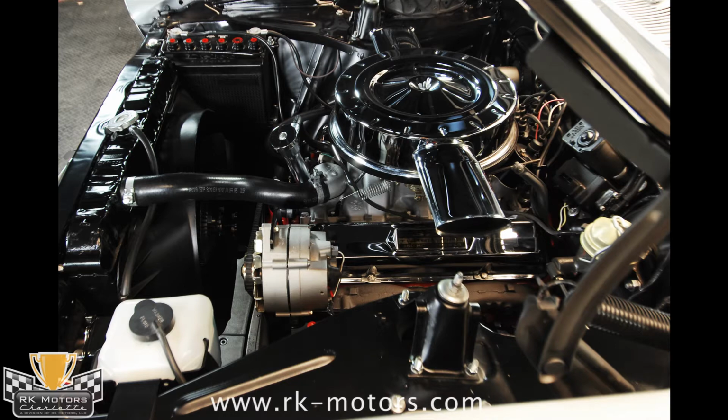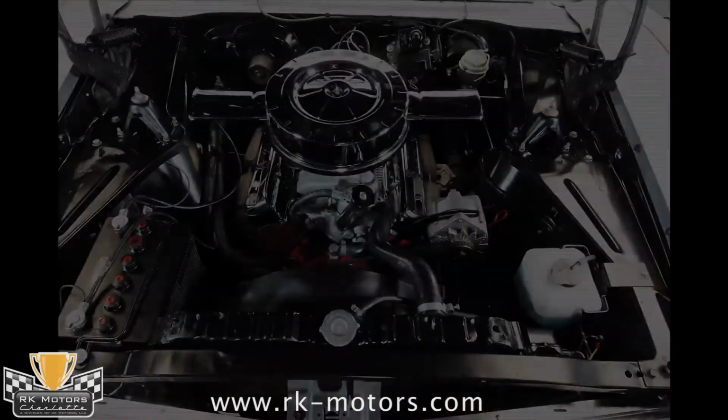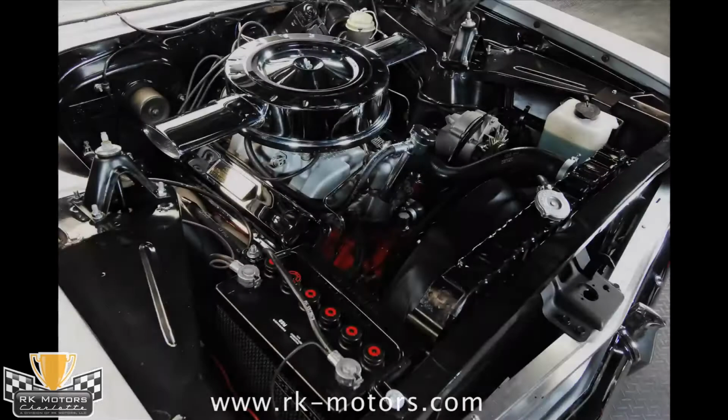The real hook on this car, however, is the matching numbers L79 327 living under the hood. As the top small block option for all of Chevrolet's cars, this was a high-winding, high-performance, take-no-prisoners engine. Up top, there's an original air cleaner, which the factory chrome-plated just to show you that you've purchased something special